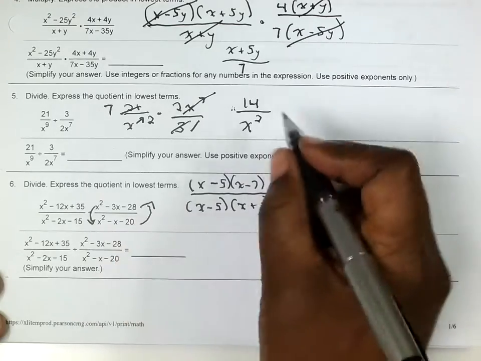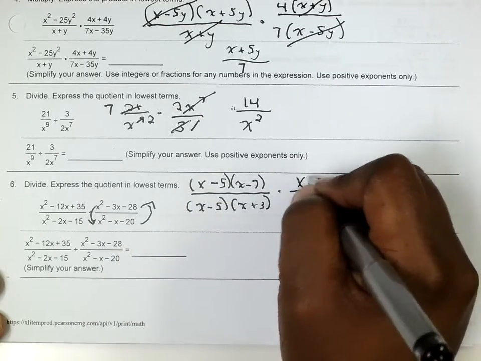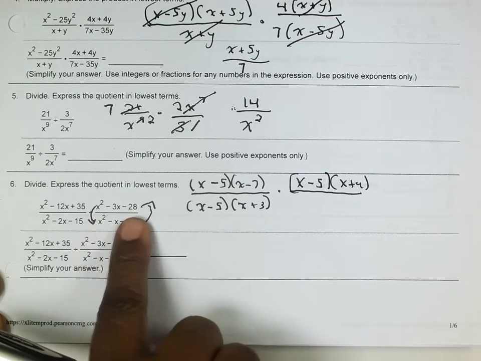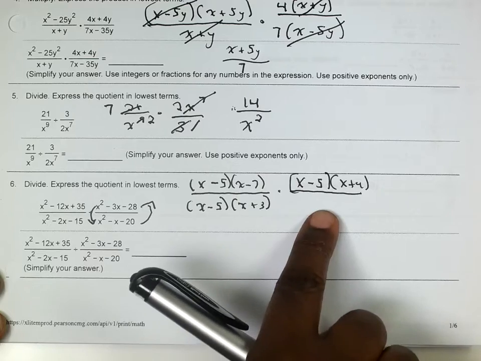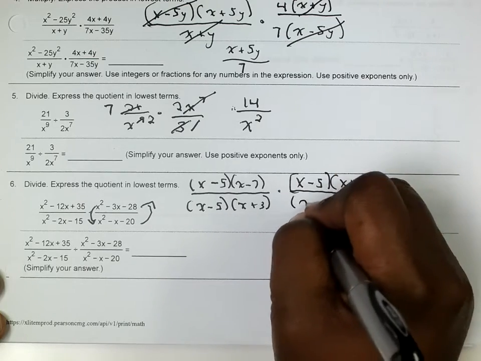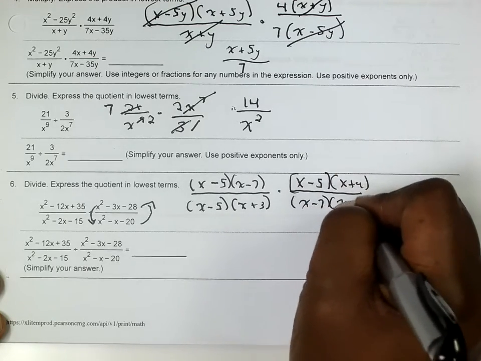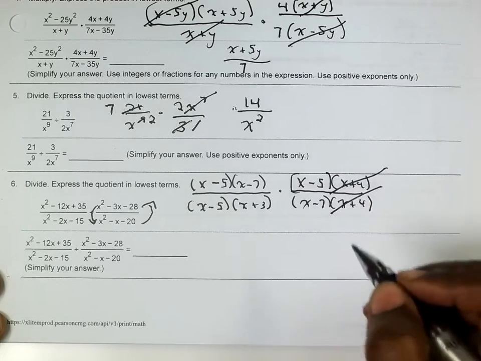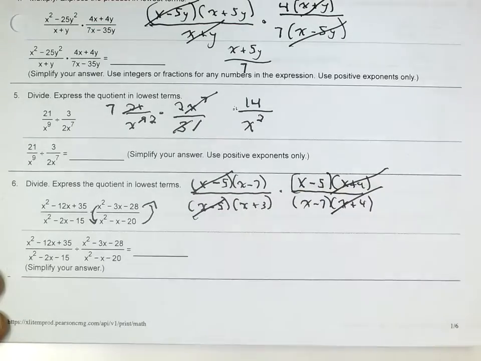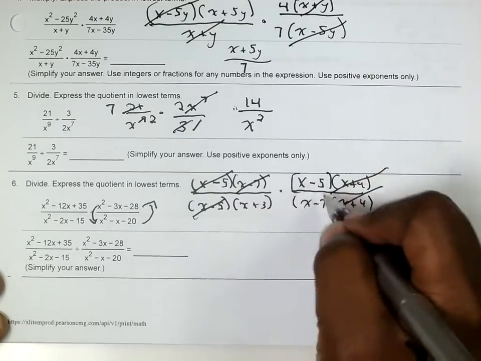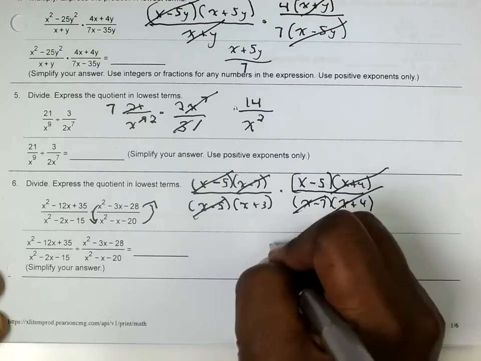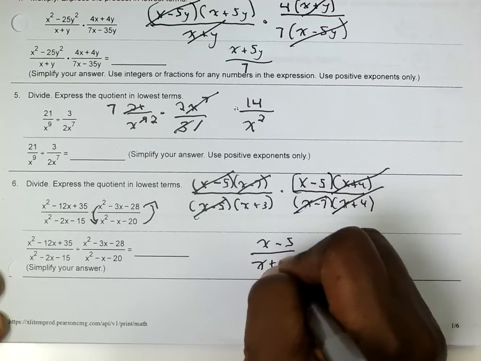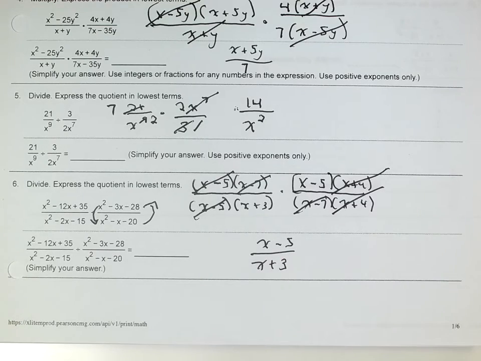So on top now, this is going to be x minus 5 times x plus 4. And then for that x squared minus 3x minus 28, that gets on the bottom. So we get x minus 7 times x plus 4. So start simplifying. The x plus 4's cancel. X minus 5's cancel. X minus 7's cancel. So I'm left with x minus 5 on top